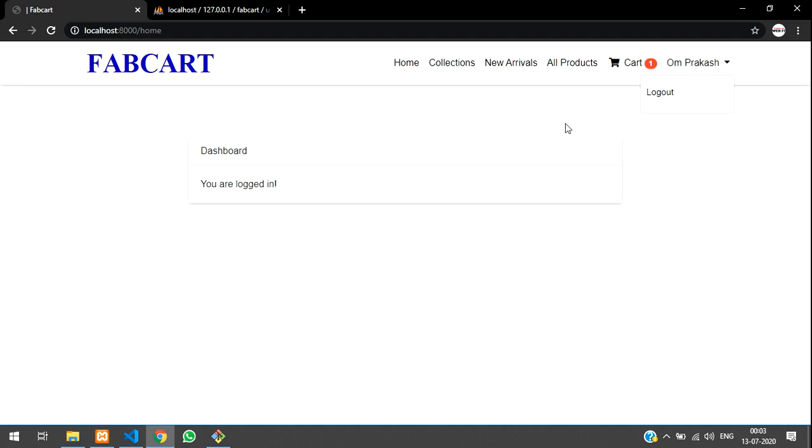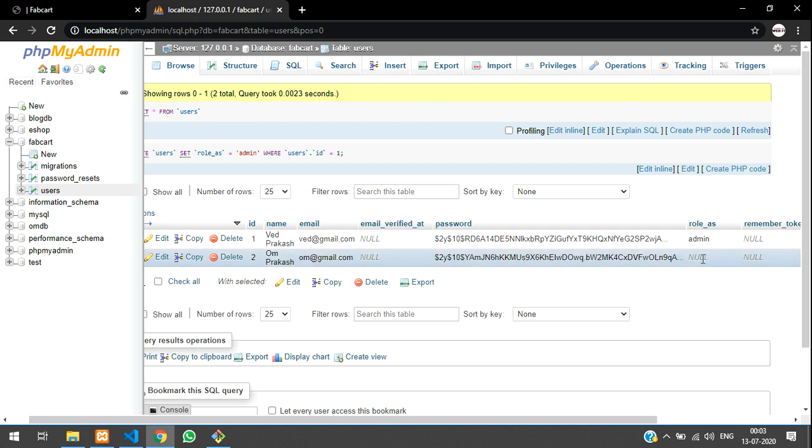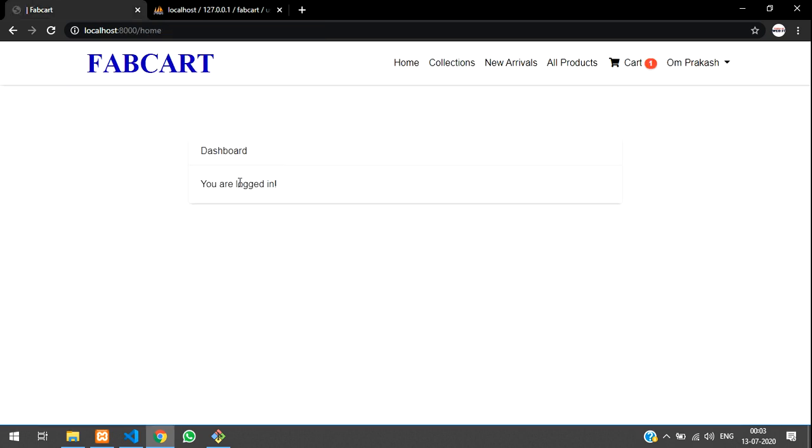So guys, now we are completely done with this, how to set an admin access role or a normal user role. Okay, so guys, many comments have come like in our Laravel admin panel part, that time we need multiple user verifications, right? So guys, you can use that same format. Like if Om Prakash should be a vendor, you can use the same format and middleware.